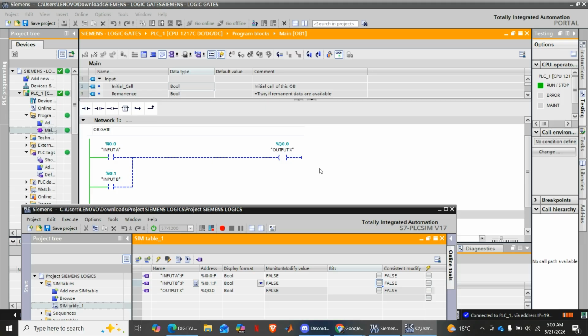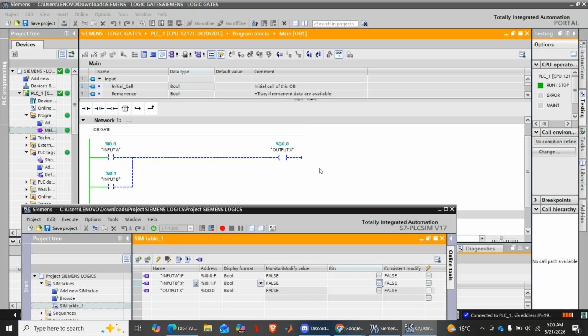Lakini kwenye OR gate tulisema if either of the input is high then the output is low, inakuwa vice versa, right? Inakuwa vice versa of those. Na unaona hapo kinachotokea ni kwamba we will just have an OR gate and an inverter somewhere, right? An OR gate and an inverter ambayo